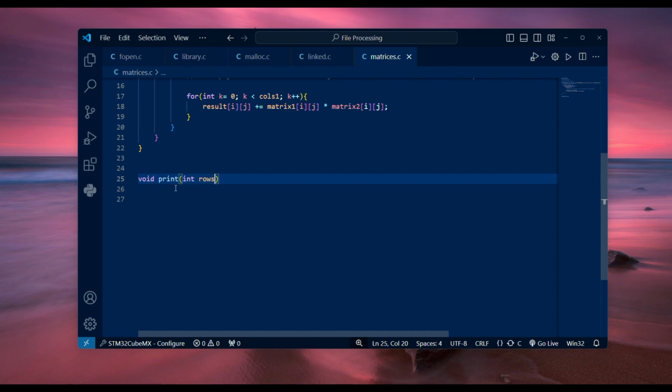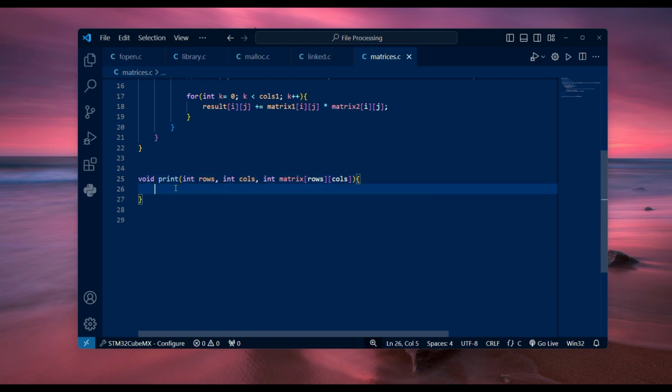So we're going to have number of rows, the number of cols, and then the matrix. So int matrix, and then rows, then cols,